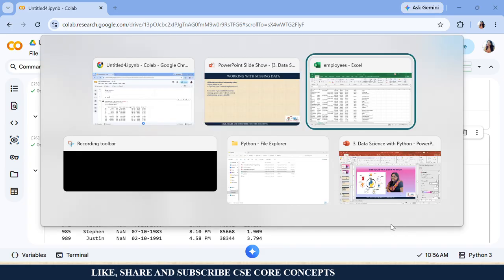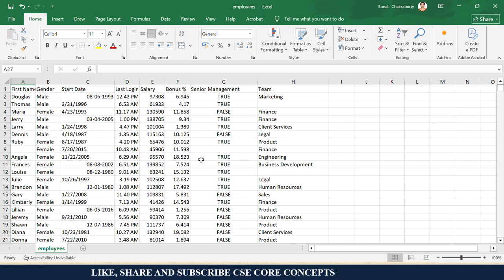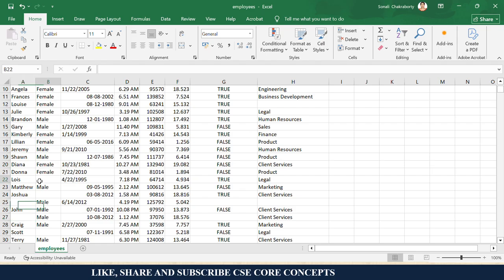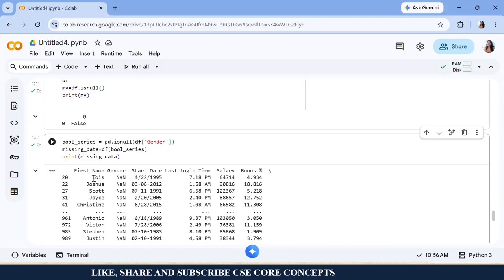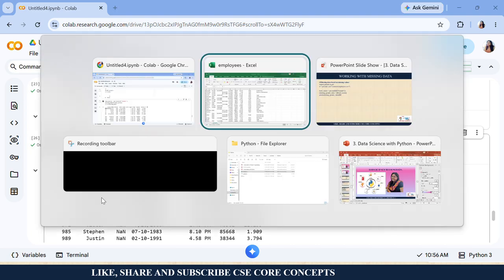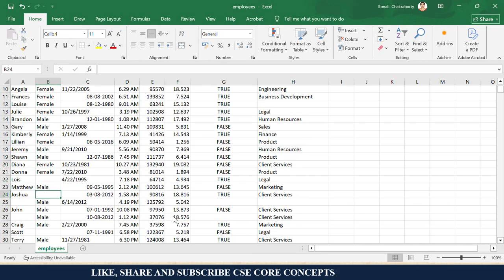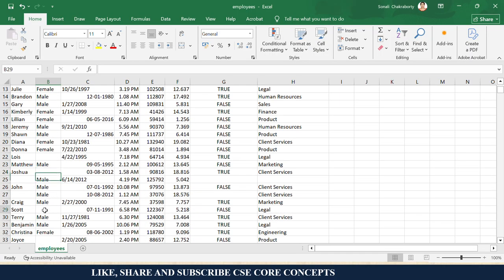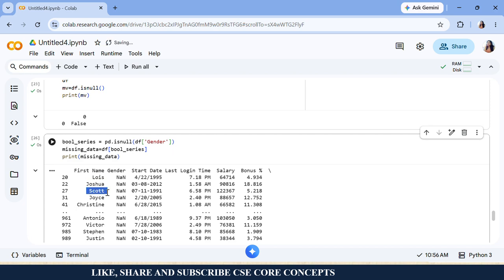So you can see all those rows where some data is missing. The gender field is missing. Where is the gender? Yeah, here is the gender, and for this one, Lois, the gender field is missing. Then for Joshua also the gender field is missing. Then again for Scott the gender field is missing.